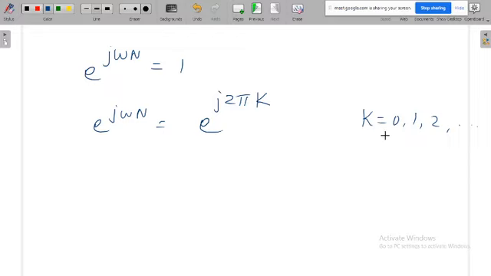But what is this k value? It could be anything from 0 to infinite. And please remember, this k is an integer only. Because when you put exactly 0 or 1 or 2, only then are you satisfying this. If I put k equal to 1.1, can we satisfy this condition? When you put 0, 1, 2, 3, you are satisfying this condition, but if I put some intermediate value, that will not satisfy this. So k has to be an integer, any integer from 0 to infinite, a whole number without any decimal point.